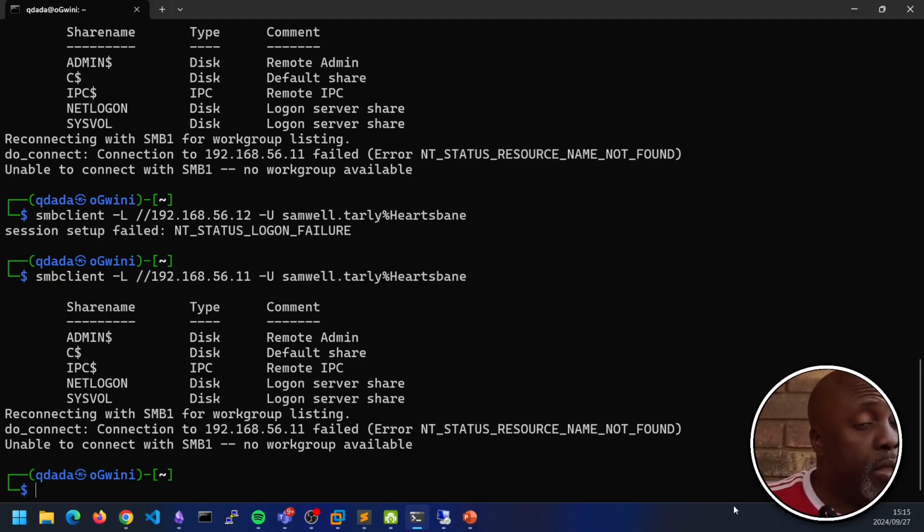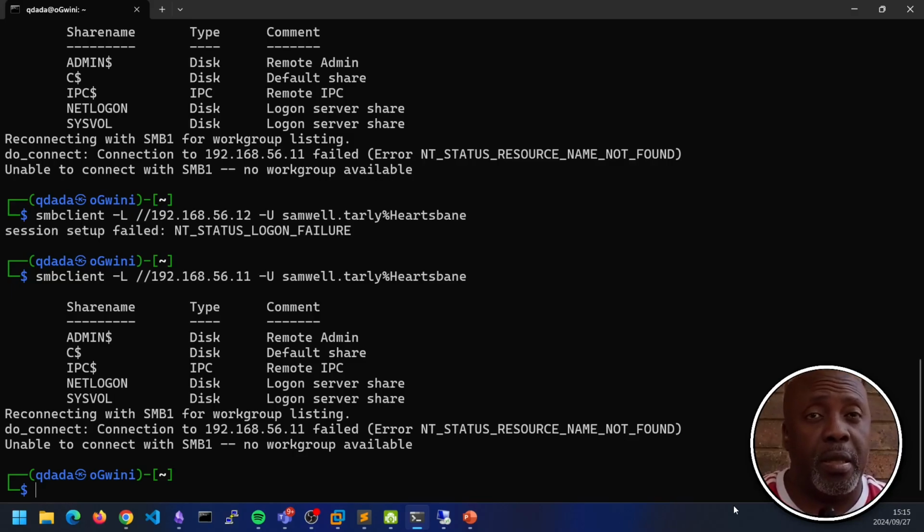Now I'm choosing to go into the Active Directory controller first before the other file servers, not because of anything else. Yes, this is a lab, and to save time, I'm going to suggest that we go to the domain controller. But think of it logically. What's a high value target between an active domain controller and a machine that is not an active domain controller?